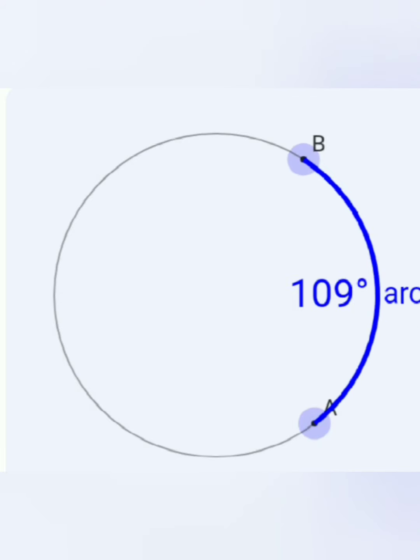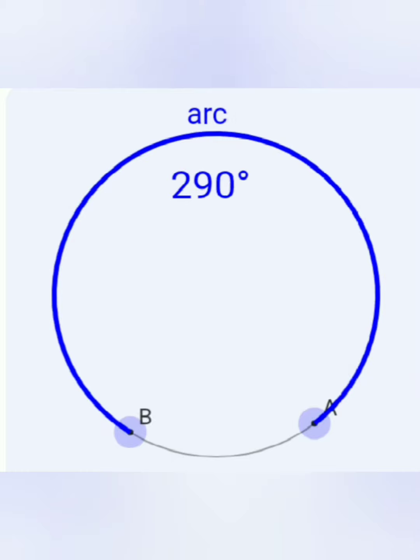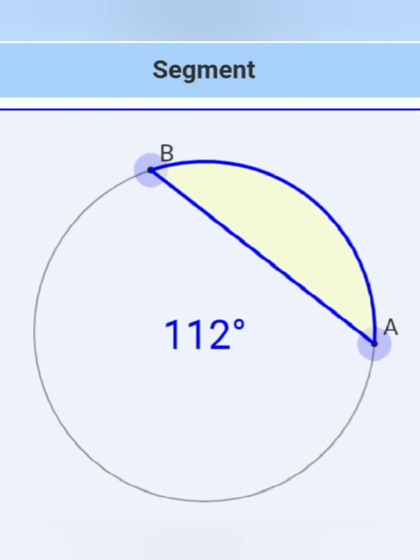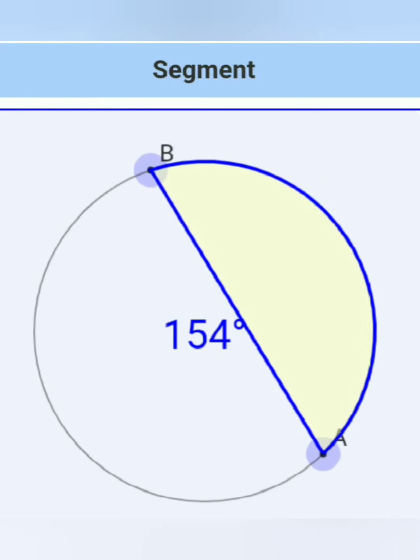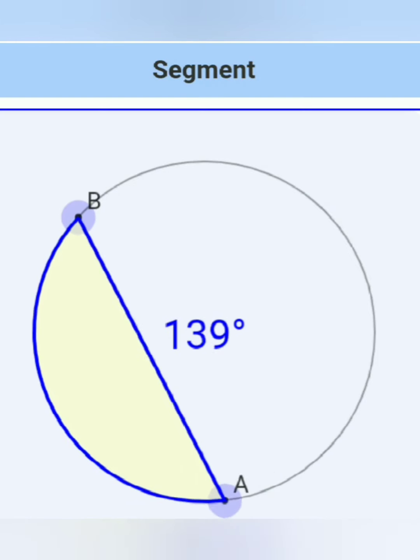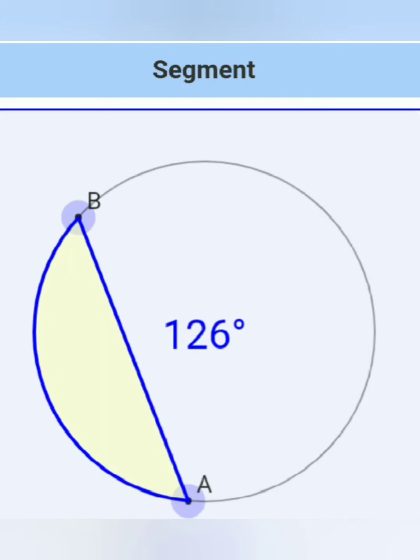Next we have an arc. It is a portion of the circumference of a circle. In the figure, arcs are the blue part of the circle. That means from the circle we are taking one portion, then it will become an arc. A straight line drawn between the endpoints of the arc would be a chord of the circle, and the portion in between this arc and chord is known as the segment of the circle.